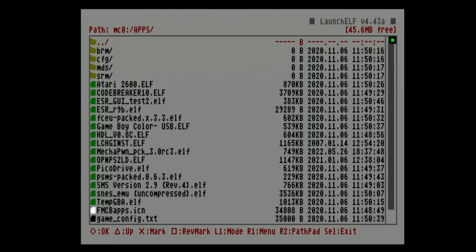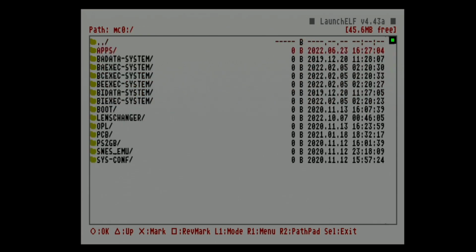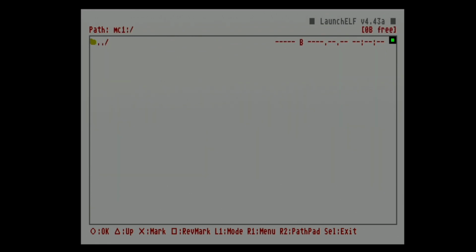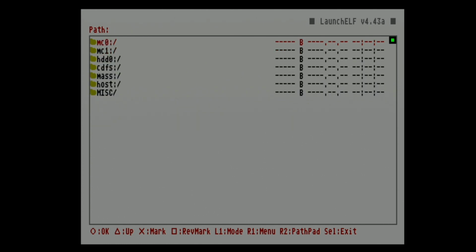We've probably got it on here. So here's OPL, OPNP. You get the gist. We can copy this over to a second memory card, a vanilla non-Freemcboot memory card, and paste it. We want the format to be